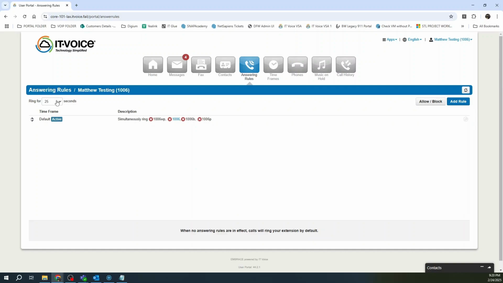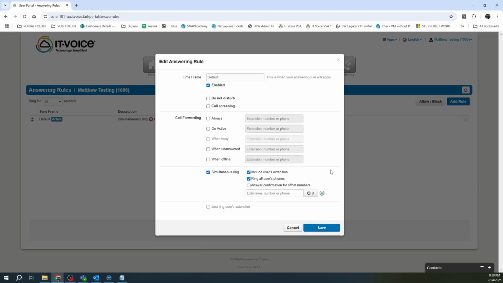If I need to update the timer, I can simply hit the drop down, select from any of these available options. Or if I need to make more in-depth information or updates, I can click the edit button here. I can turn do not disturb on. I can call forward always to an outside number,